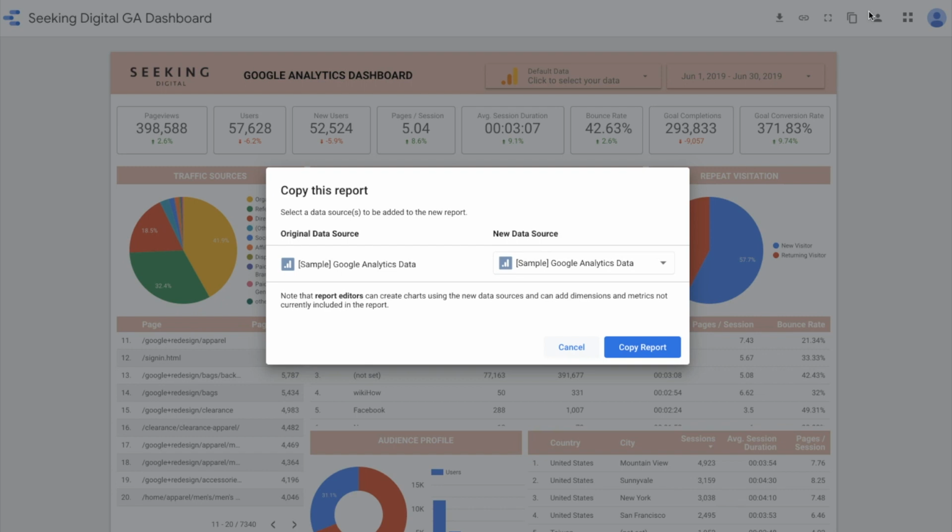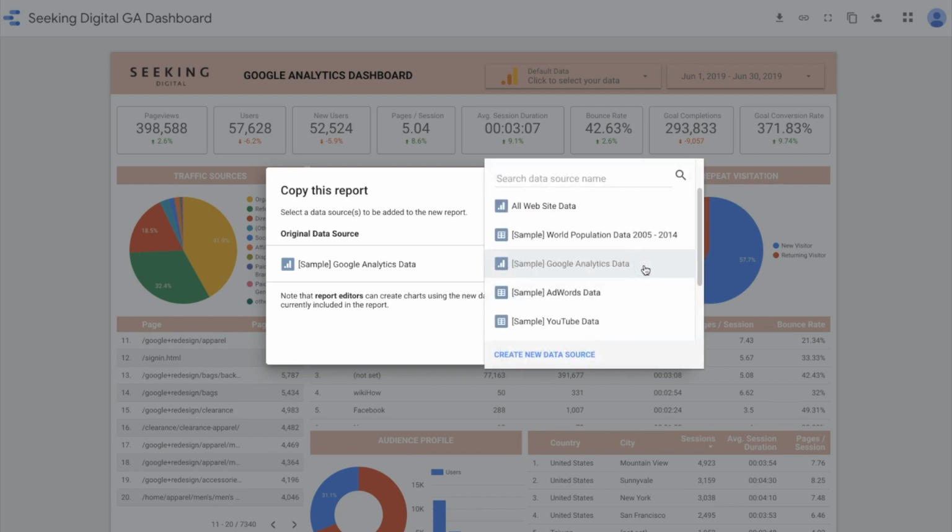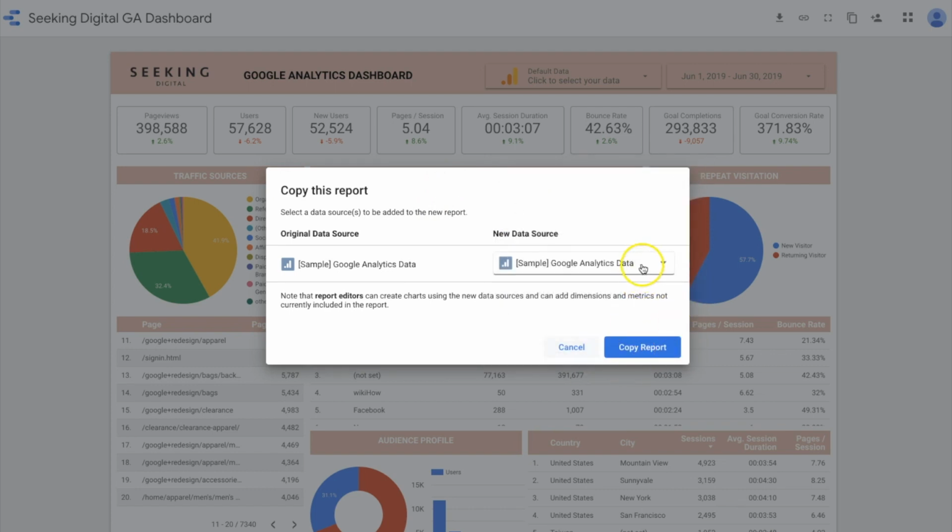So we want to select your information in the second column, which is the column that currently says sample Google Analytics data pulling in there. So this will feed back into your Google Data Studio account. So if you've signed in via your Google Analytics account, it will actually see your website data there. So I can see Seeking Digital at the top. So I would either click all website data, or I could select my own website, and it would pull in my own website there for all of that information. And then you hit Copy Report. So I'm just going to leave it as sample Google Analytics data, and hit Copy Report,